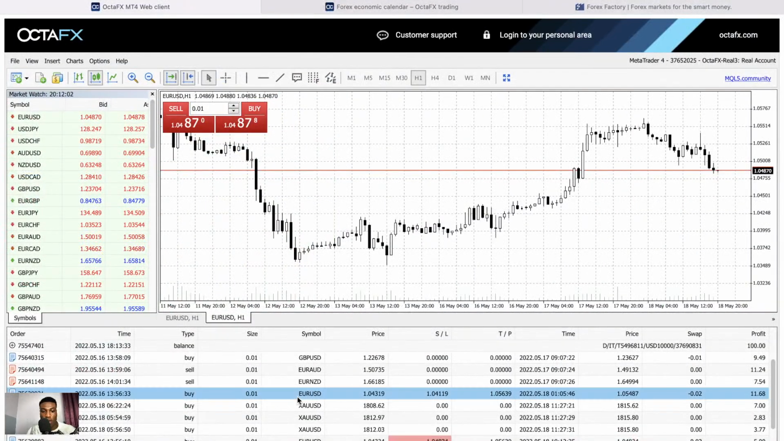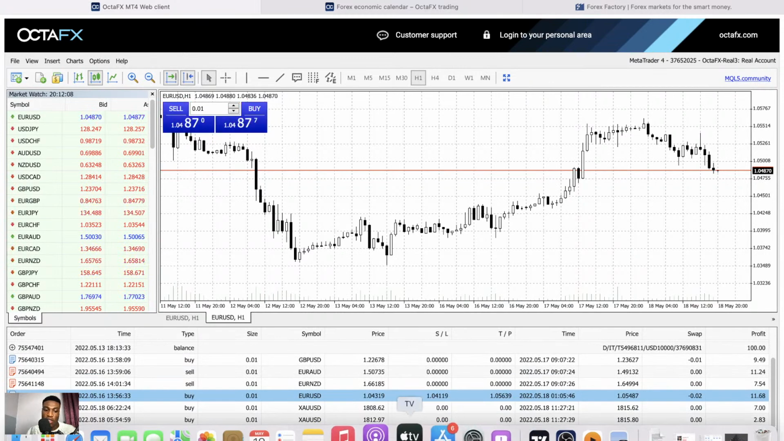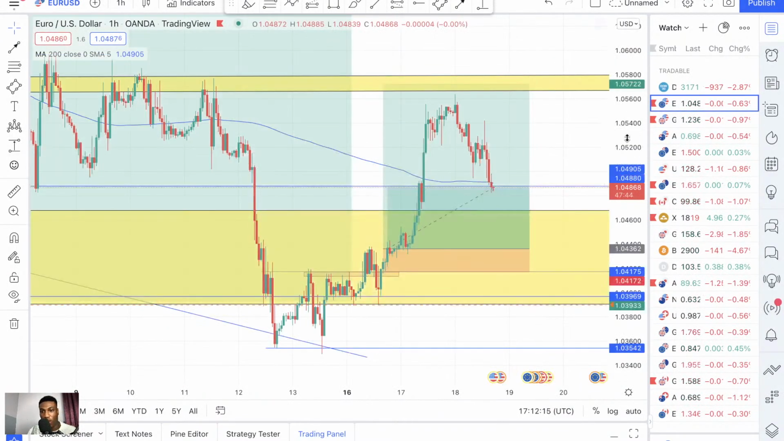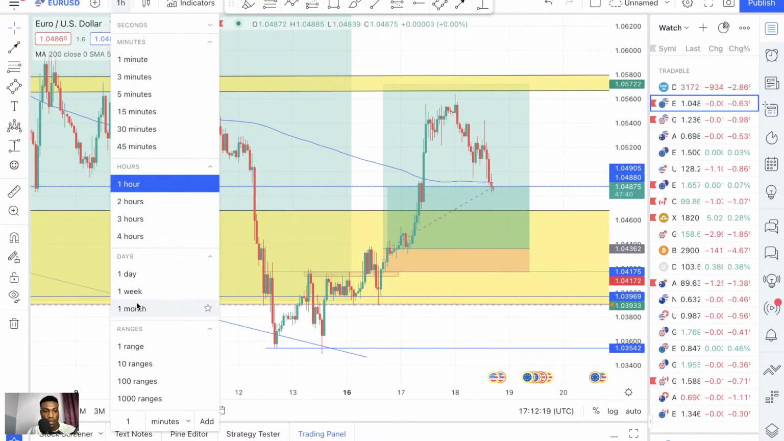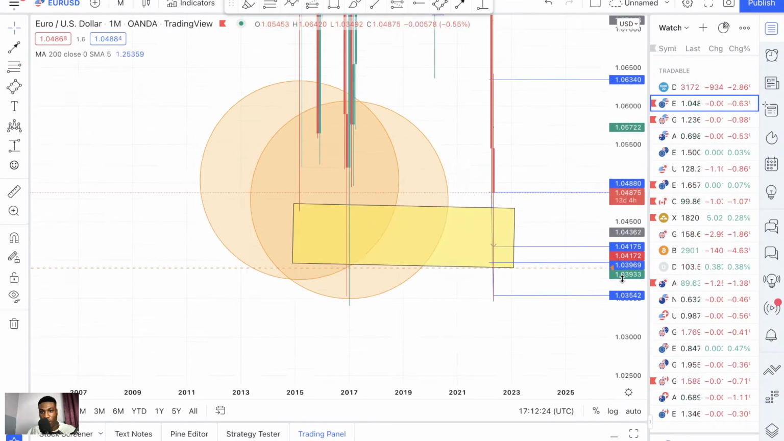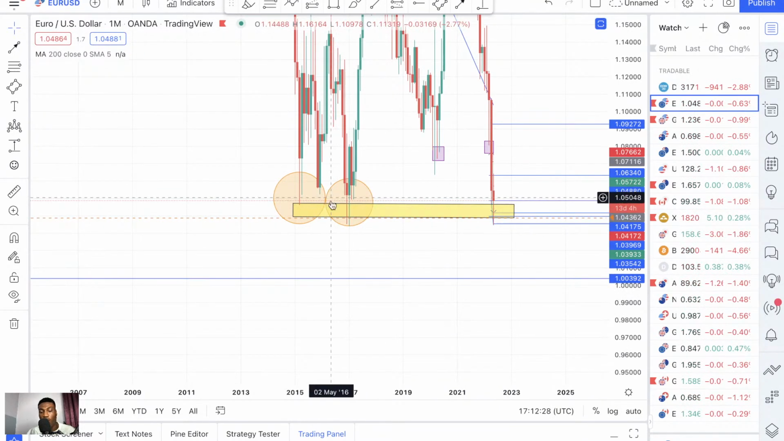The next one was Euro USD, which was a buy. So if you recall in the last live trading session, Euro USD was at a significant monthly support level. I'm going to show you guys that on the chart. Let me go to the monthly. So Euro USD was on this support, sitting on this support